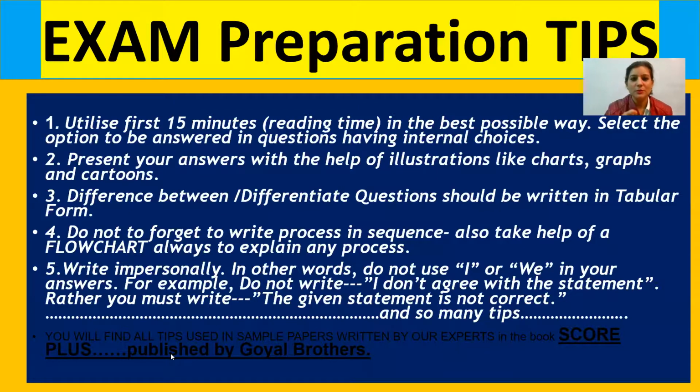The best way to use these 15 minutes is by checking the internal choices. Which question am I going to do from these internal choices? I told you there are two internal choices in each type of question, 2 choices in 1 marker. In these 15 minutes, mark in the 1 markers which question I am going to do when I write my paper. And in 3 markers also, read the optional question and tick which question I am going to attempt. In 4 markers also, tick which question I am going to write, and same in question number 6.